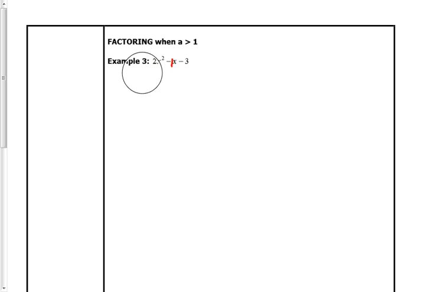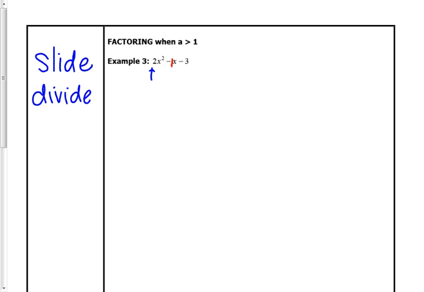So whenever we see that there is a number in front, like it would be greater than 1, right? So like 2, or if I saw a 3 in front here, or 5, or anything that's greater than 1, any number in front of the x squared, I'm going to do something called slide, divide, bottoms up. Okay, so what I mean by slide, divide, bottoms up